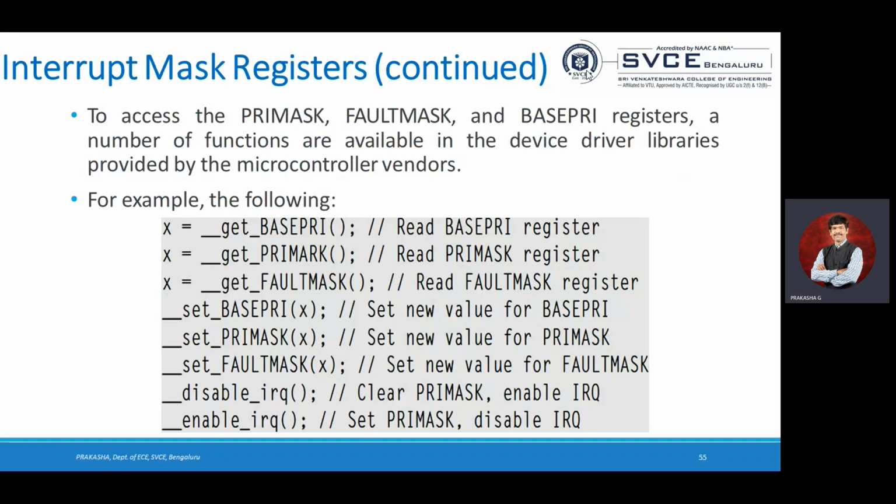See, already a mask bit is there. Basically, three mask bits: primary mask, fault mask, and also base primary. I've already told you what these three bits are. If you want to read from that particular primary mask, we use get. Get is the instruction for read. Once you get it, you have to store that one into some other variable. So x equals, clearly see here,